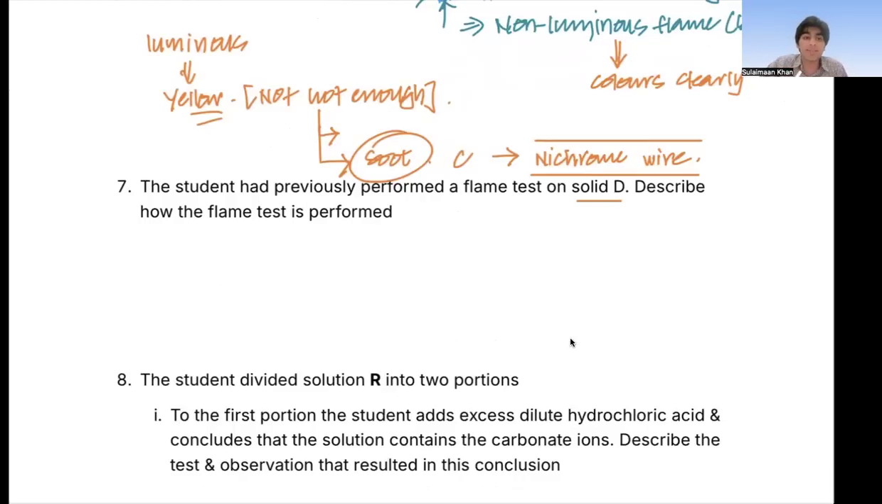टेस्ट, तो सॉलिड के ऊपर कैसे करना है? You can't say dip the nichrome wire in the solution, it's no longer a solution, it's a solid. So just place the solid sample, yeah, place the solid sample on the nichrome wire,